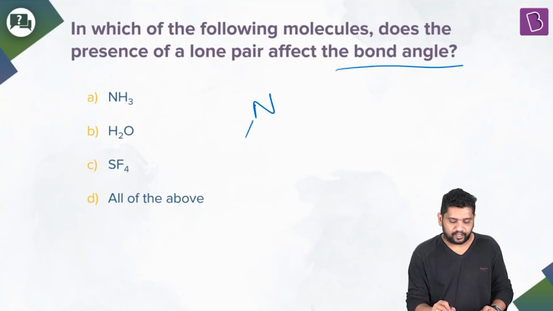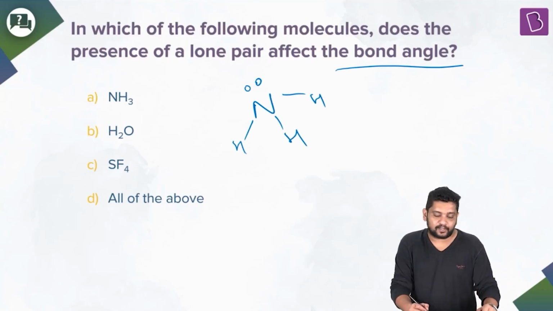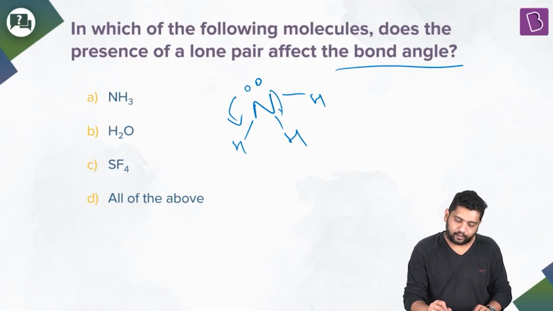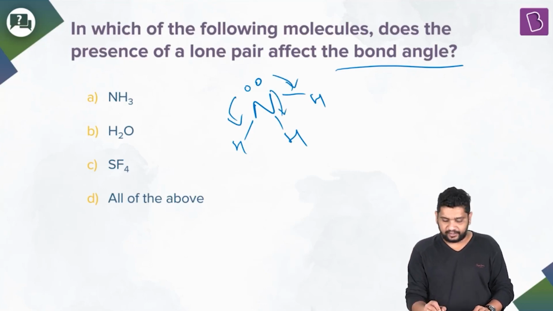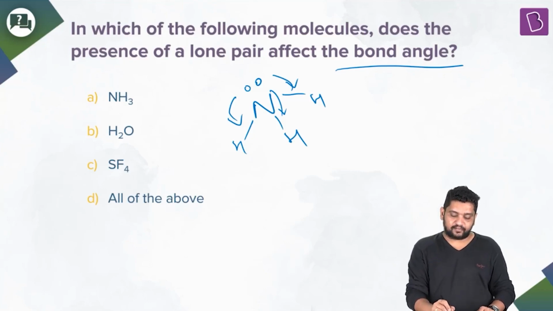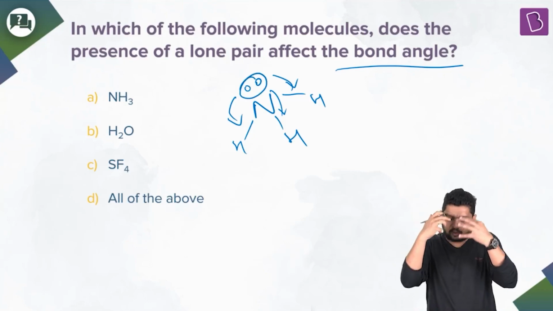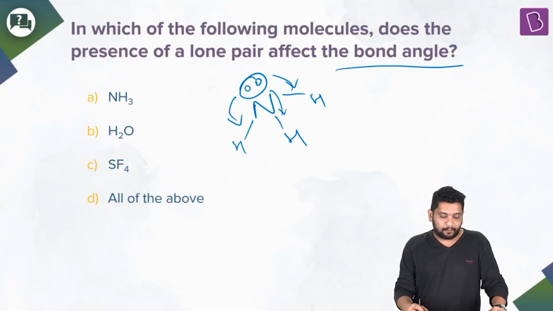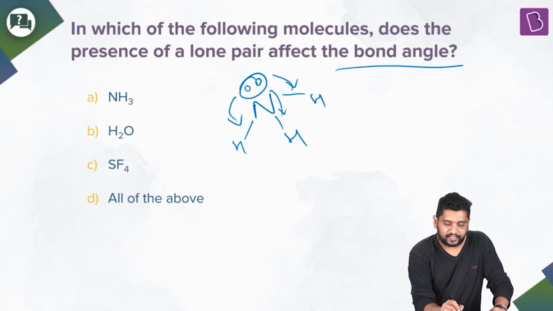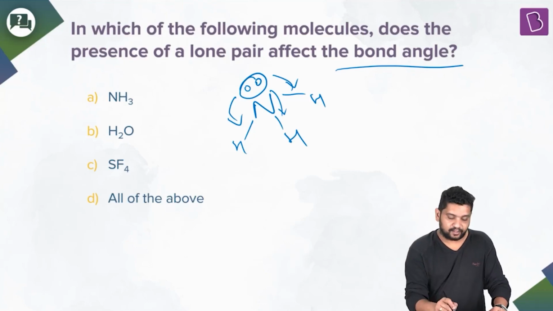First one is ammonia. Ammonia, of course, we know has a pyramidal structure. Ammonia, nitrogen has one lone pair and 3 sigma bonds. Steric number 4, sp3 hybridization, tetrahedral geometry. And what we say is that, of course, this lone pair has an impact on the bond angle. It reduces it. We know the expected angle was 109 degree 28 minutes or 109.5 degrees, but it reduces to 107 degree because of greater repulsion of this denser electron cloud trying to take more space up around the nucleus of atom of nitrogen on the surface of nitrogen, right? So yeah, of course, here it does affect the bond angle.